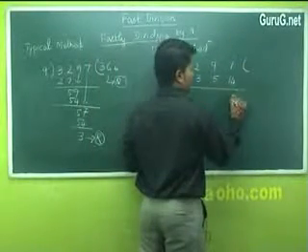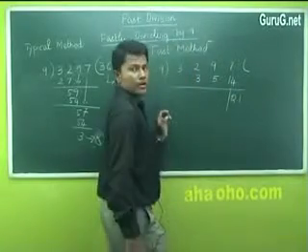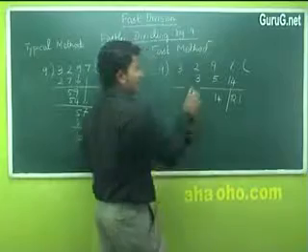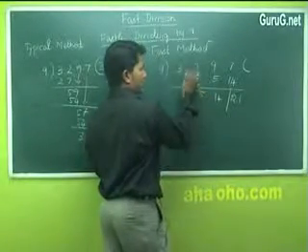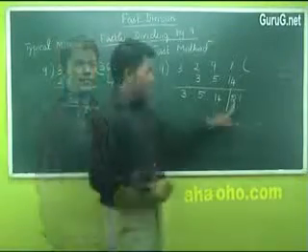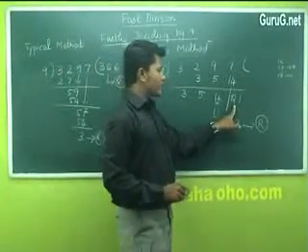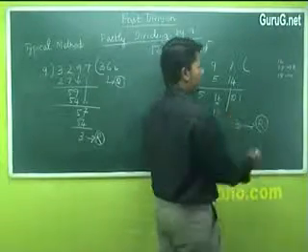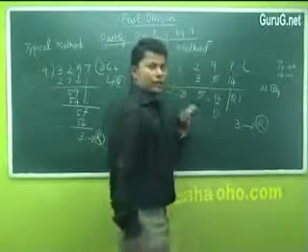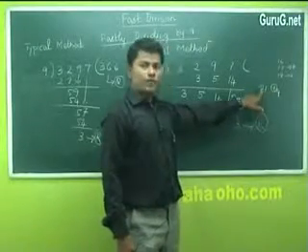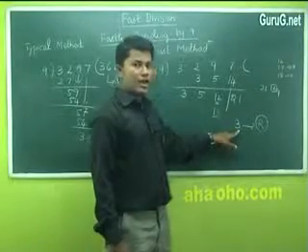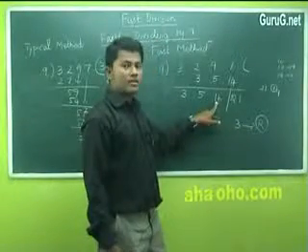14 plus 7 is 21. Put a bar. 9 plus 5 is 14. Leave as it is. 3 plus 2 is 5. Bring the remaining number, that is 3. Now how to find the final values? So 21, you have to find the modulo. Divide 21 by modulo 9. The modulo 9 value of 21. What is this? You will get 3. And how much will you add to the next number?